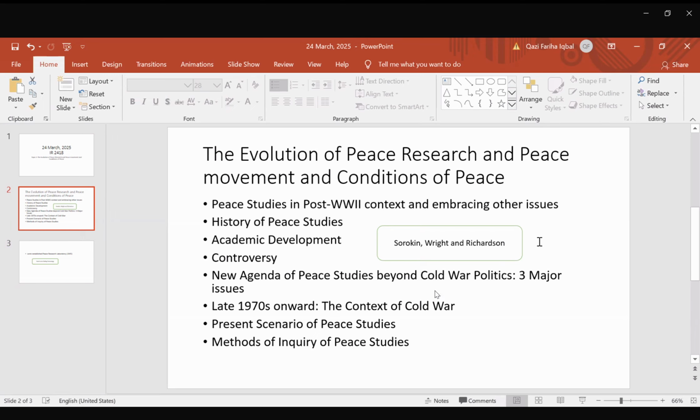So they have focused that for the sake of the survival of these Western democracies, a systematic study of peace research is needed. And who pushed this idea? The realist scholars of international relations. They were focusing that for the sake of the survival of the Western democracy in the face of this extreme Cold War rivalry, we need to study peace in a more systematic manner. So they are focusing on the state survival. Okay, this is very important.